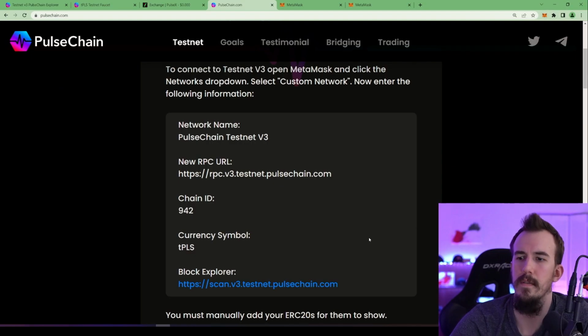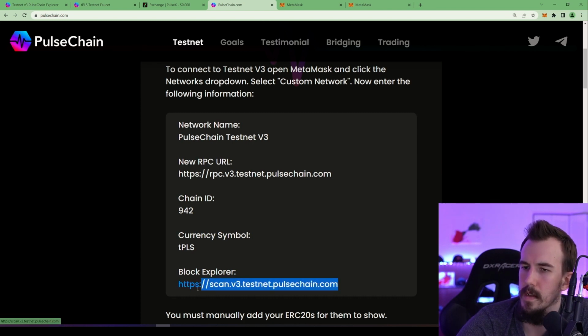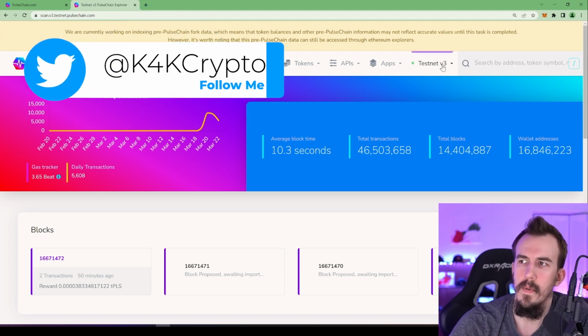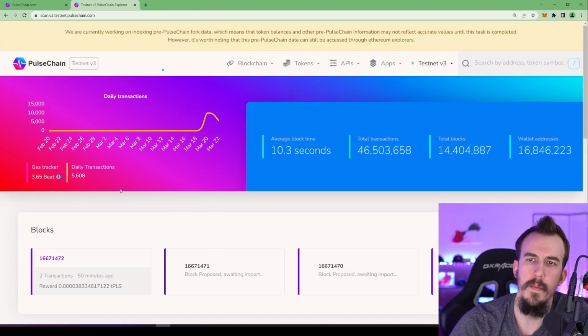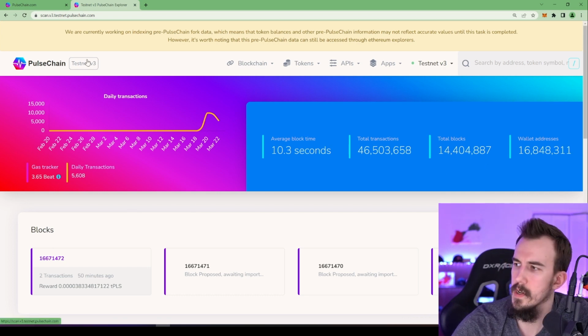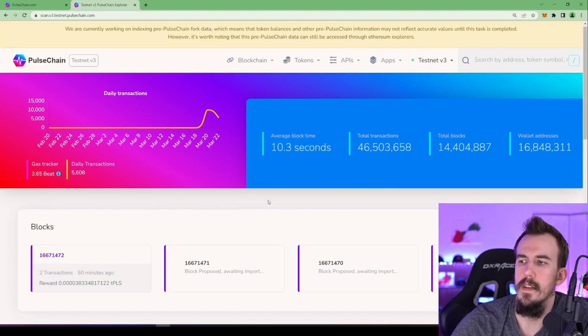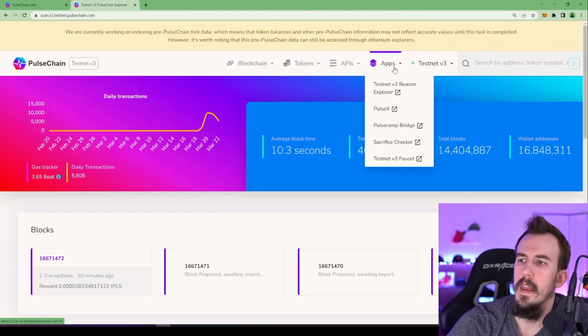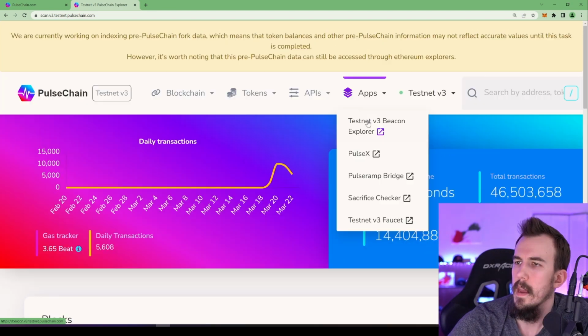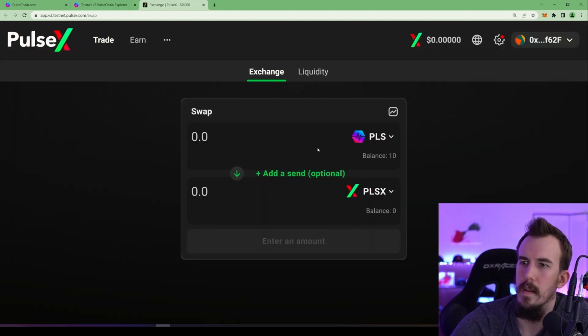And then all you got to do is go to the block explorer that is linked in pulsechain.com. Now this is where you can see what transactions are happening on the chain. You can keep track of the gas costs, how many wallets, which version you're on, what's happened in the last several blocks. But the most important thing to find on this site is under the apps button, and you can go to PulseX, which is the DEX. So let's open that. It's a separate tab, and since we're already connected,